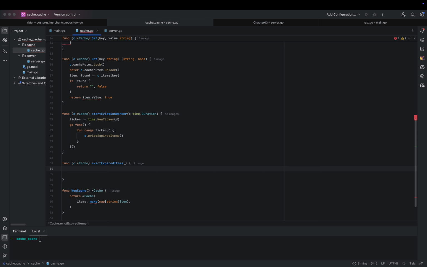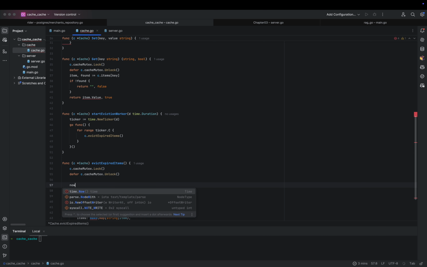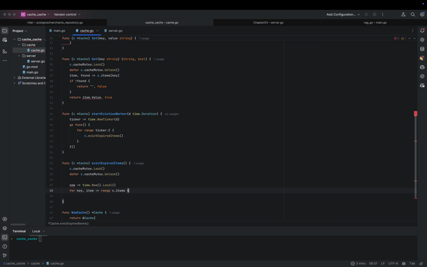We are going to get the lock. After we lock, then we defer the unlock, then we initialize a time, let's initialize it to local time, and then we go over the keys. For key and item in the range of c.items, we check if now is